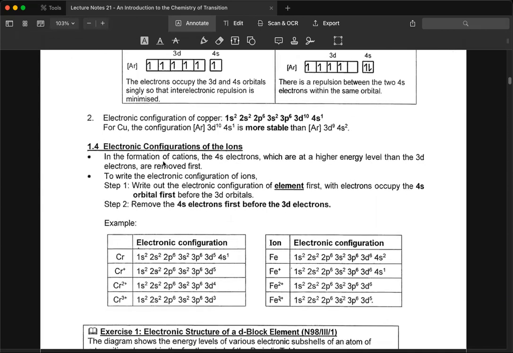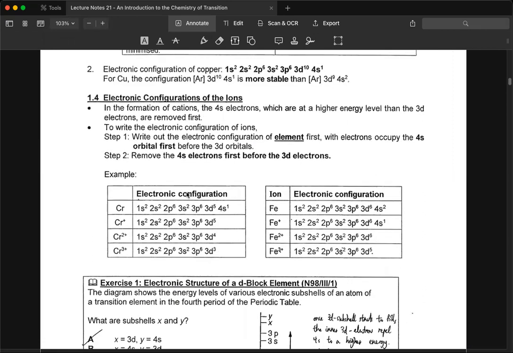As we have mentioned, when the 3d orbital electrons are filled up, the 4s, because of the shielding effect, is pushed to a higher energy level. So electrons are removed from the 4s instead of from the 3d, due to this reason. So when we are writing the configuration for ions, do bear in mind that we should remove the 4s electron